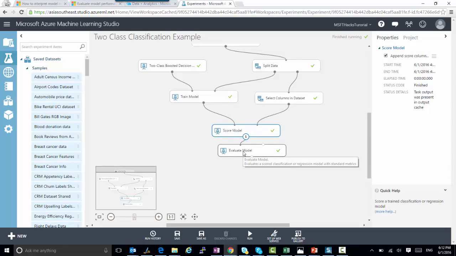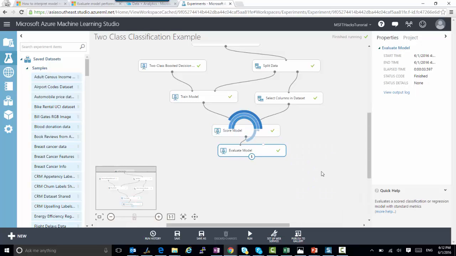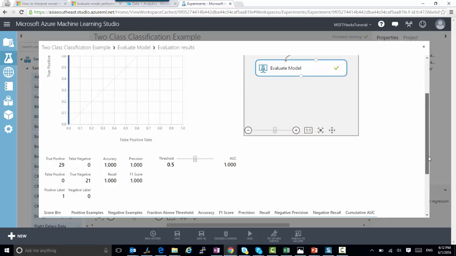Evaluate model is the last step, so we can always click on evaluate model and click on visualize and figure out. As you can see, this is a beautifully done model with 100% accuracy, and that's only because I've selected each and every column to go into testing. But the good thing is that of the trained model, whatever it predicted, it matched 100% with my test set,